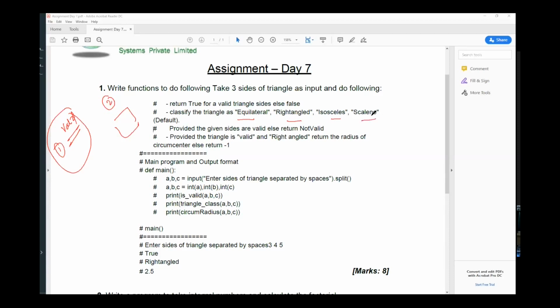Here, first I will need to check whether the triangle is valid or not. And I have written the script here. For the second problem, if I was doing it in a scripting style, I had to copy paste everything here. So here you will see the importance of function.